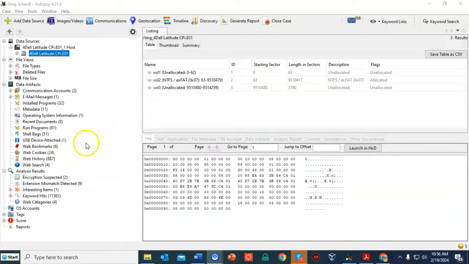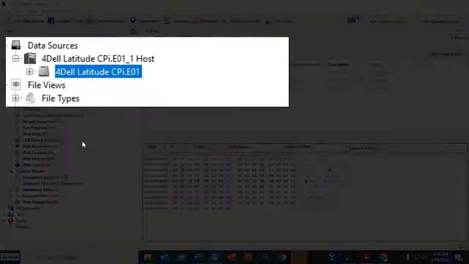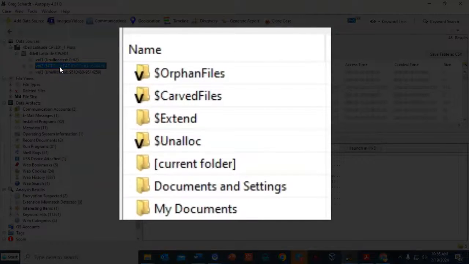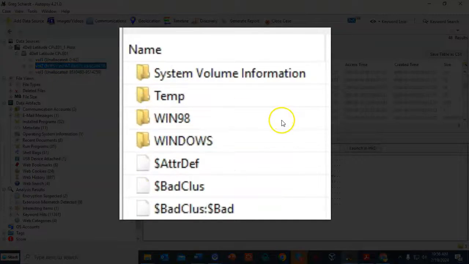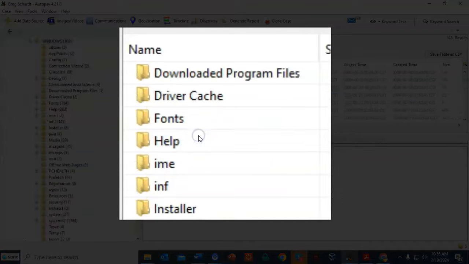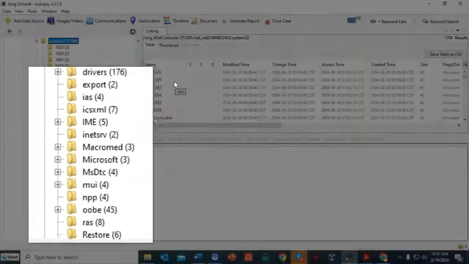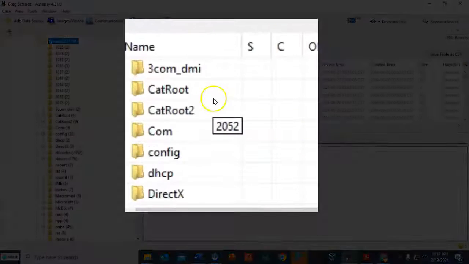We next need to identify the email client that was used by Mr. Evil. To do this, we're going to click on the Dell source one more time. We're going to go to volume 2. Over here in the right window pane, we're going to expand Windows. Again, we're going to go to System 32. Expand that. Over here in the right window pane, we're going to scroll on down until we come to the